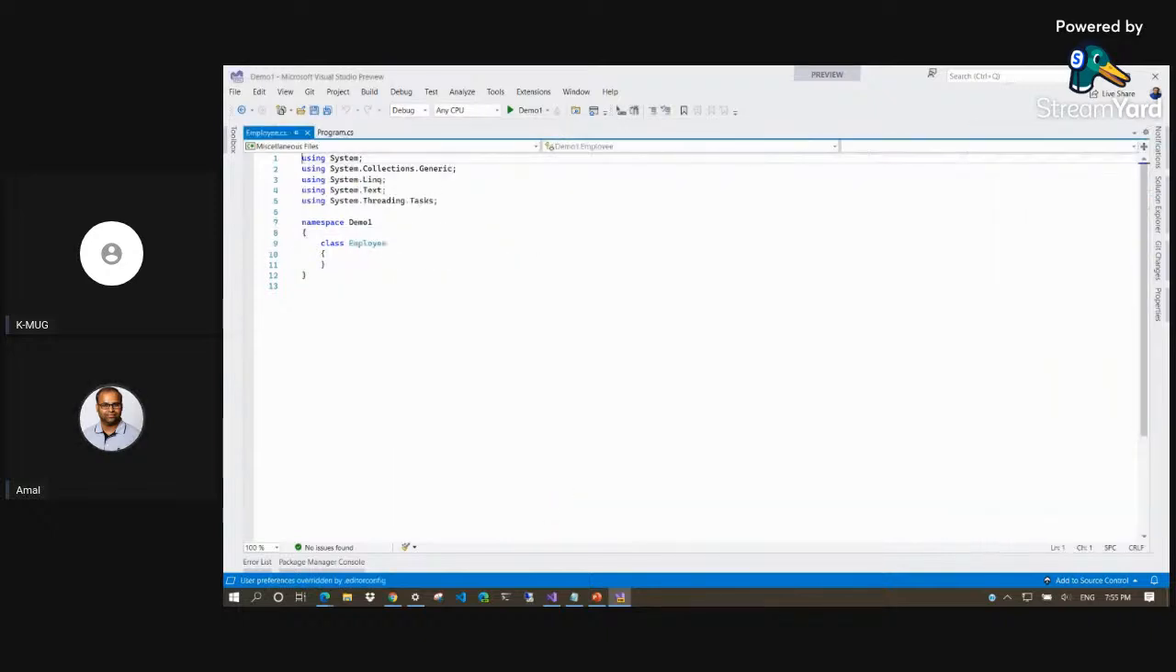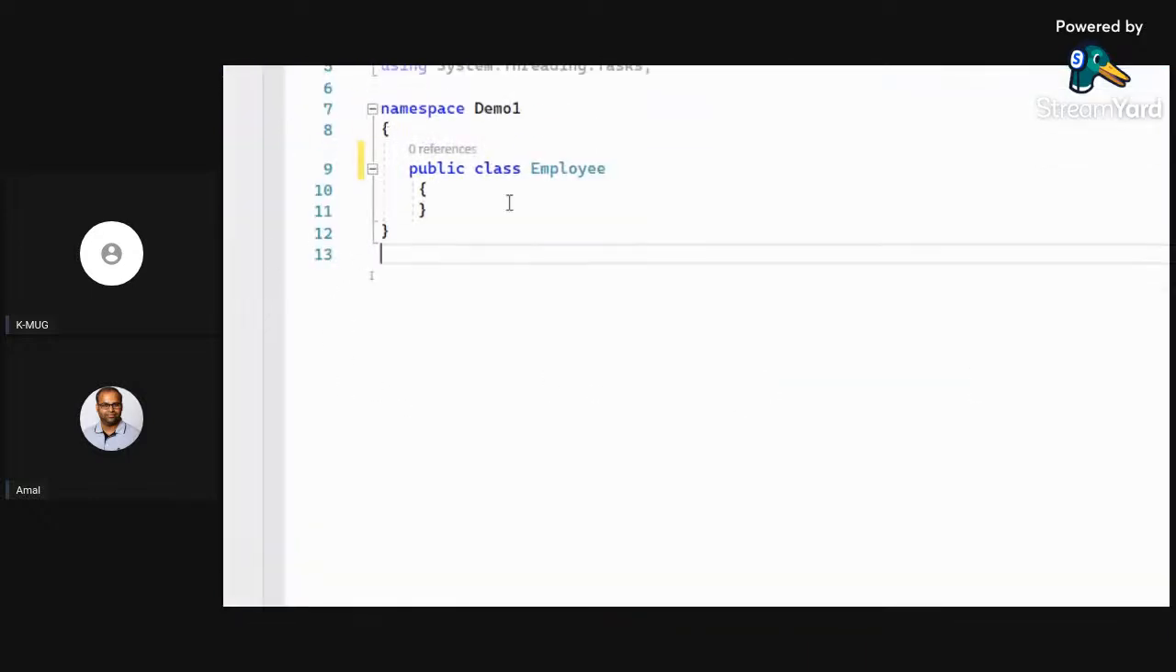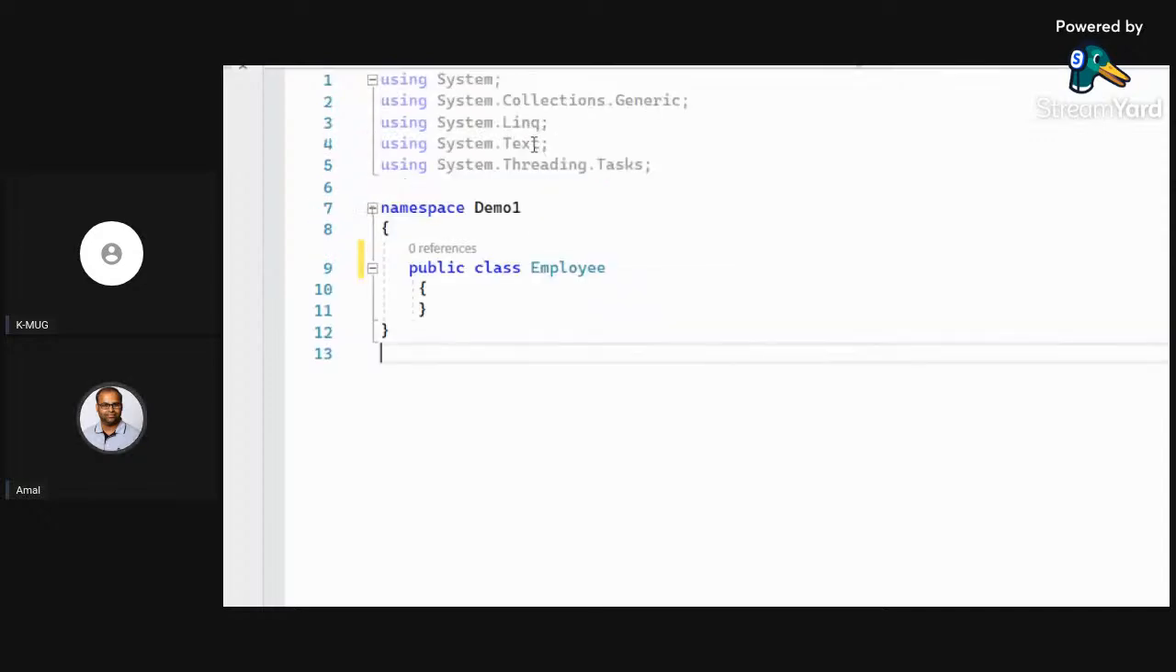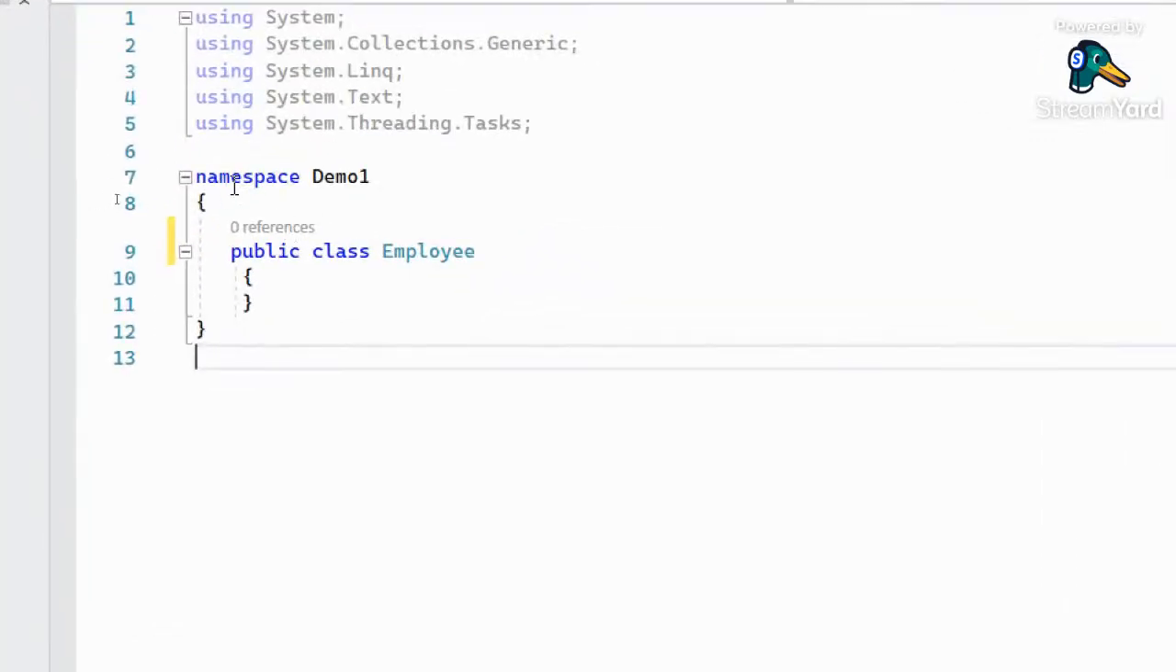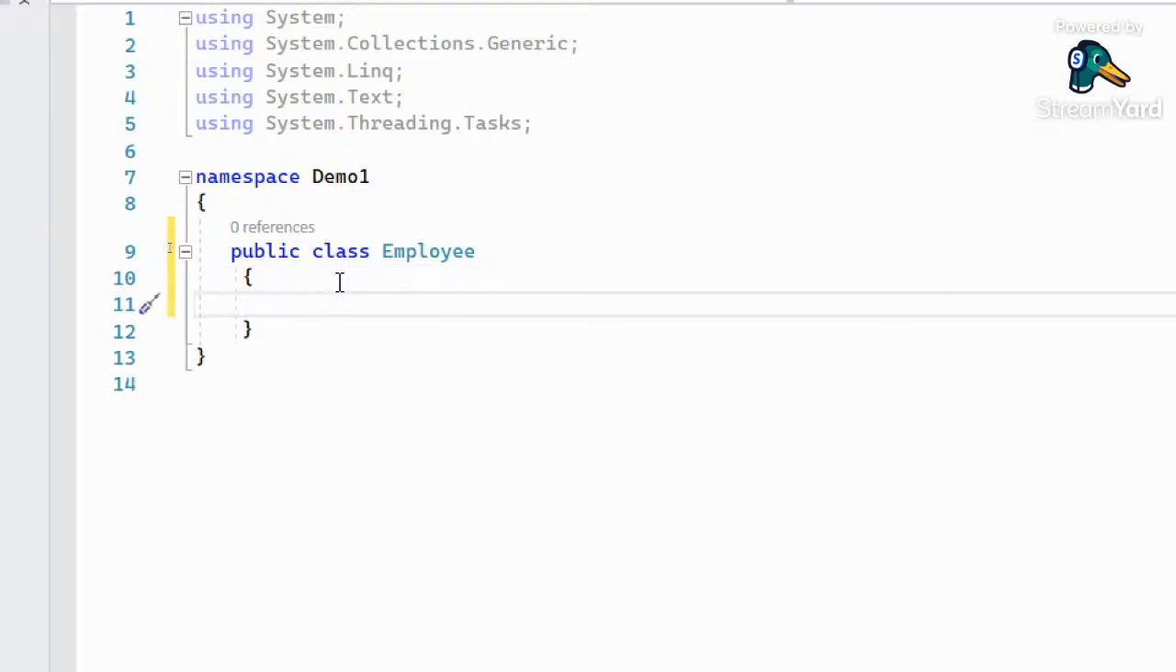So I create a class, right? So I have a class here for you. If you immediately see the difference between the font and all, it's much more legible. So what I'm going to do is, let me create